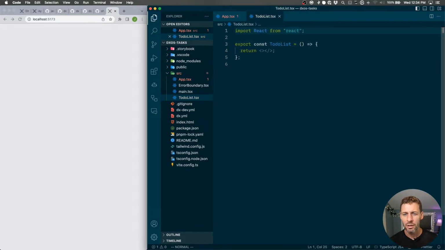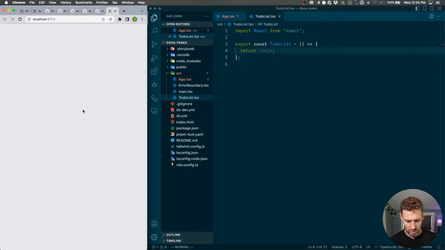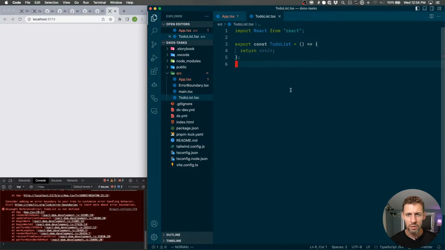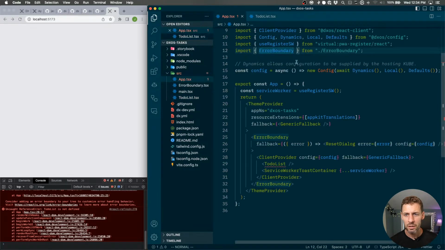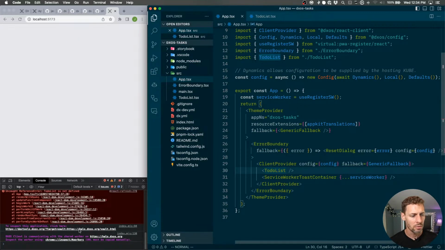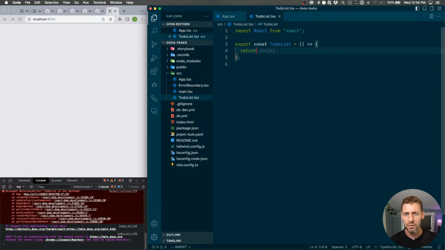Apparently you just type component, and it gets you most of the things. Great, so now this should be running. TodoList is not defined. Yeah, now I should be able to come over here and add the import, save, and we're good again. Cool. And I can come in here and say